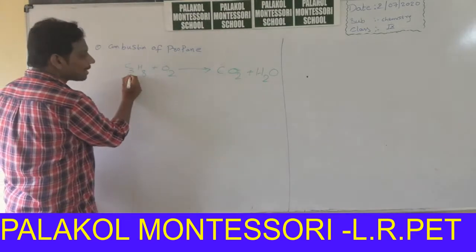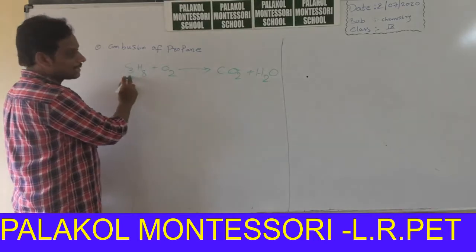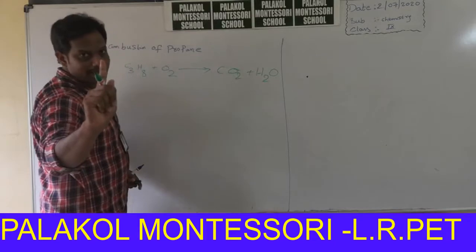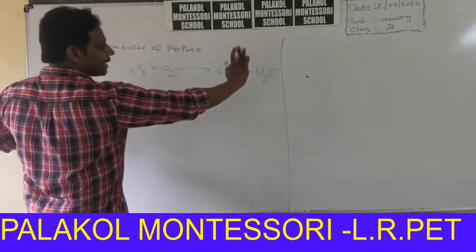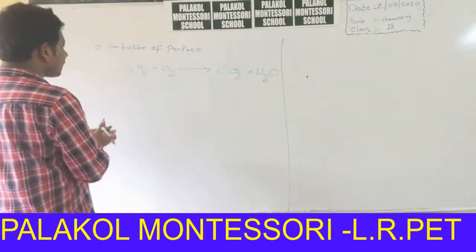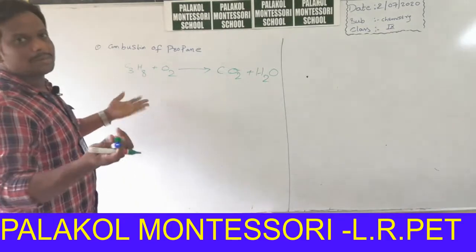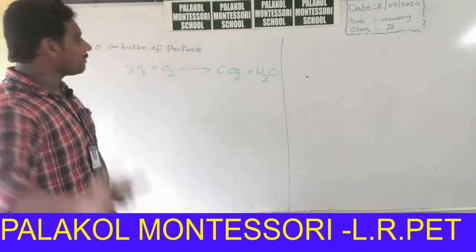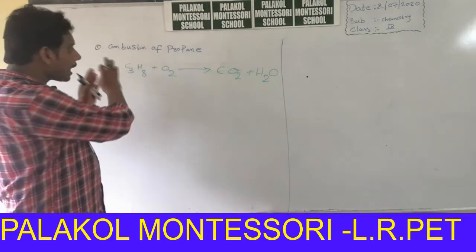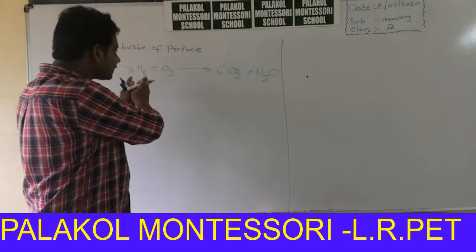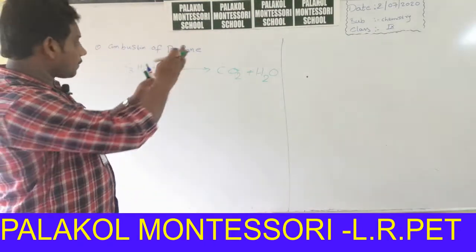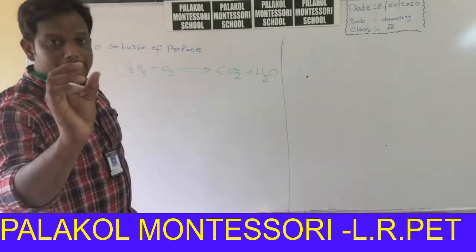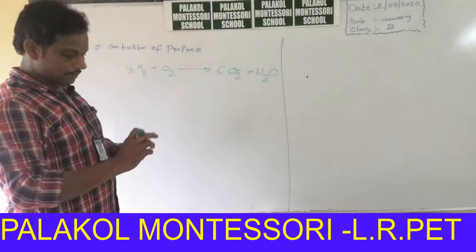Here, how many carbon atoms are there? 3, the subscript is 3. Here, how many carbon atoms are there? There is no number, that means 1. The number of carbon atoms on the right hand side is 1, and on the left hand side is 3. So it is not balanced. If even one atom is not balanced, the equation is called a skeleton equation. Only when all the atoms of different elements on the left hand side are equal to all the atoms on the right hand side do we call it a balanced equation.